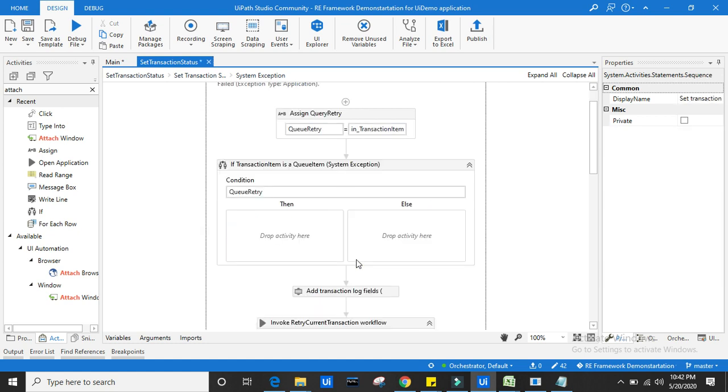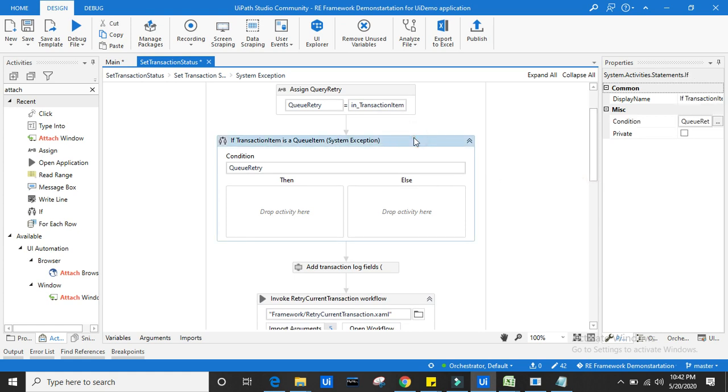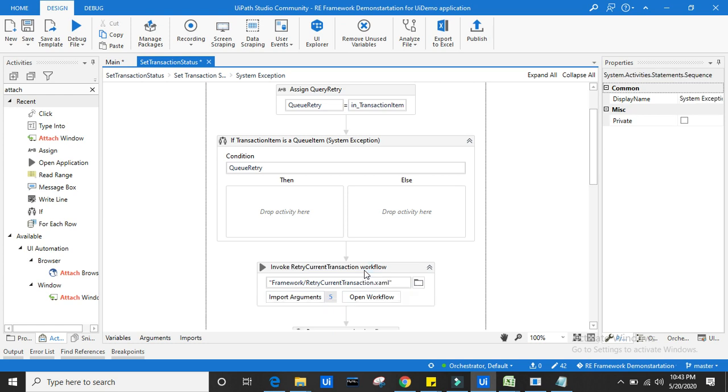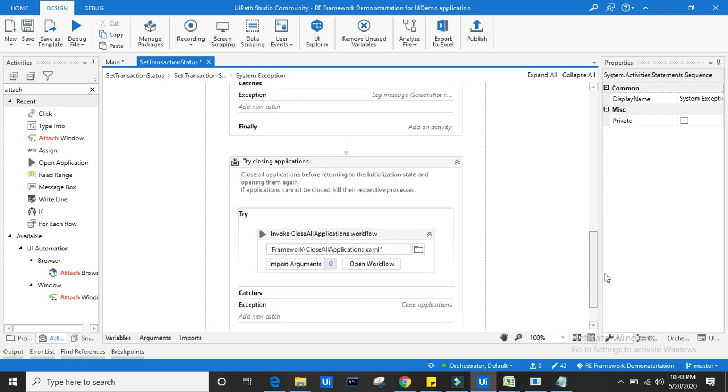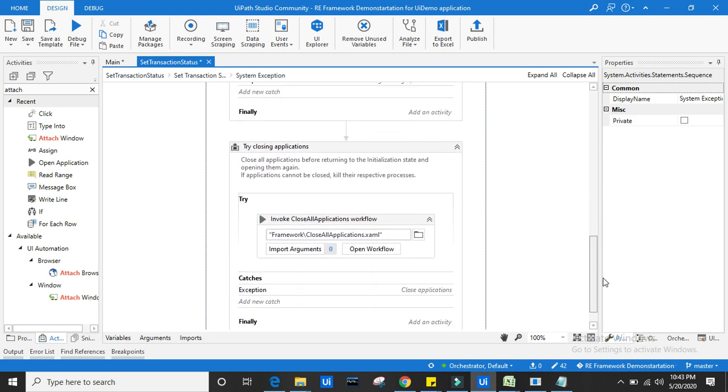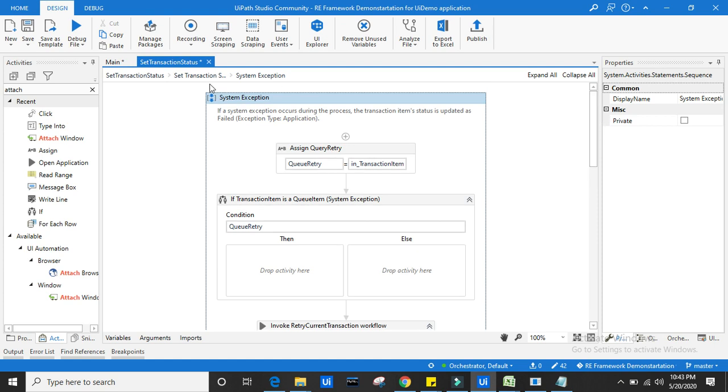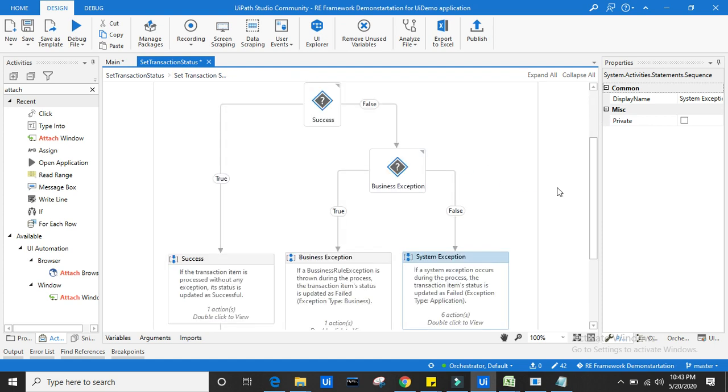Just delete this off, or we can directly delete the system exception part itself. There is no harm in keeping it also. So system exception we are not dealing with right now. Our main focus is on success, and business exception up to some extent.